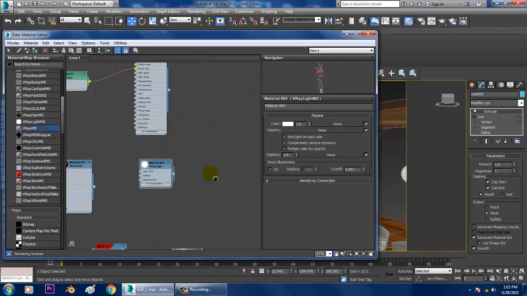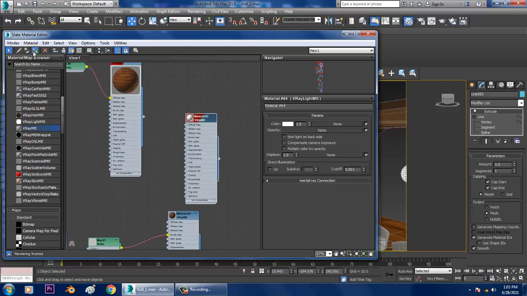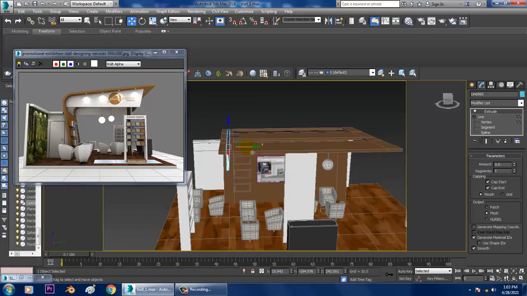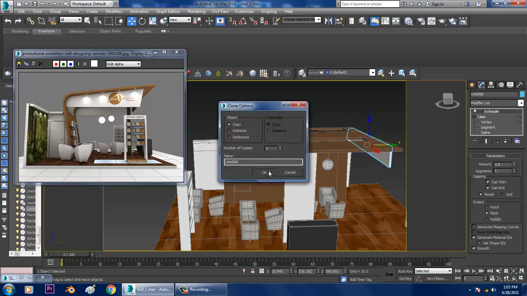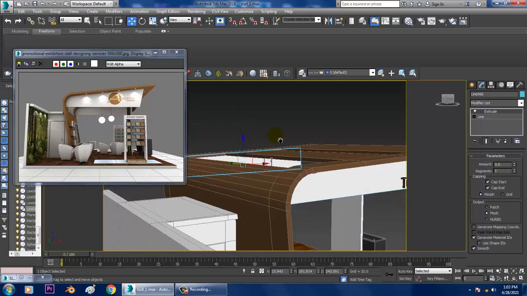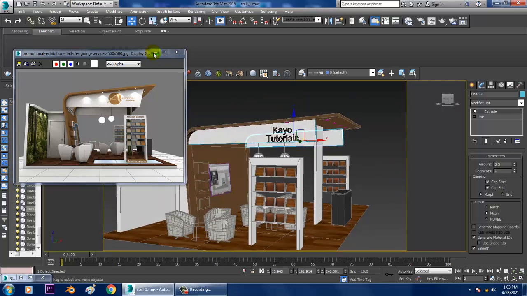So go into the material and let's assign that and shift and just drag that inside this. Okay, so save your file.